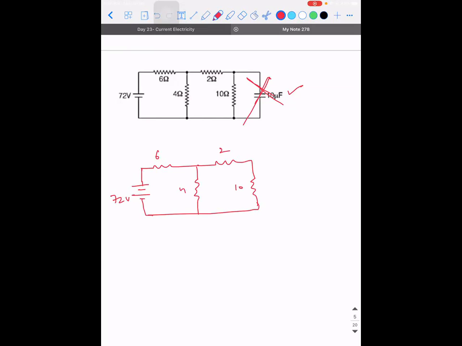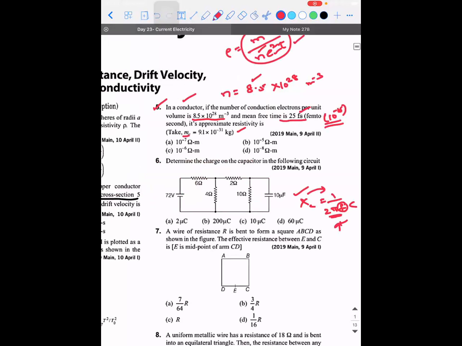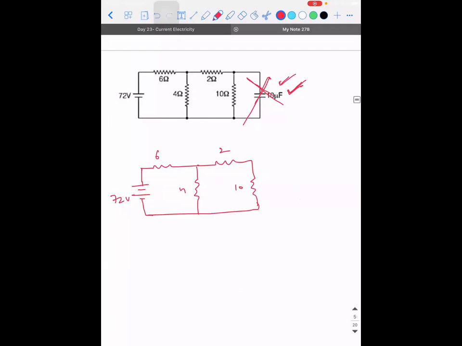Right. Now, how do I calculate the charge on this capacitor? Think logically. Is the charge going to be 0 just because the current is not flowing? Can I say something like that? Guys, am I audible? Yes, sir. I'm asking: the charge on the capacitor is always 0, irrespective of where it is connected. Can I put a statement like that? If that is the case, look at the options. Is there a 0 anywhere? No. Then how exactly are you going to calculate the charge? To calculate the charge on the capacitor, what parameters do we need? Q is equal to what?